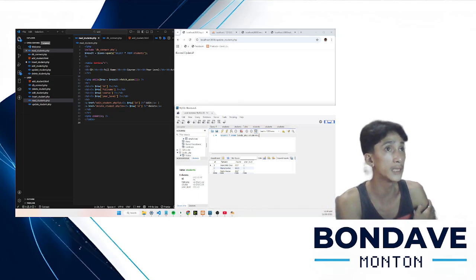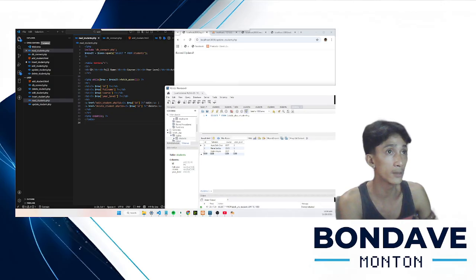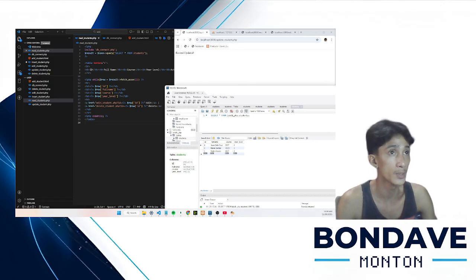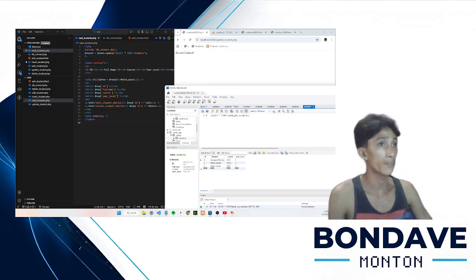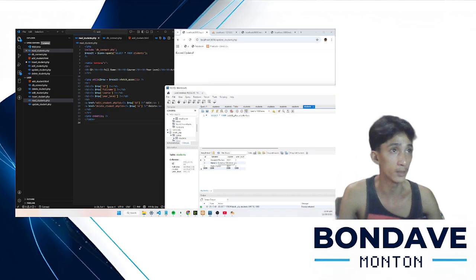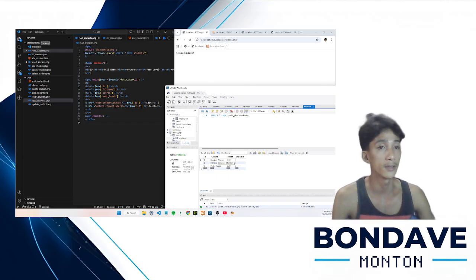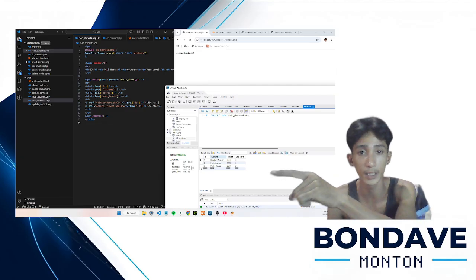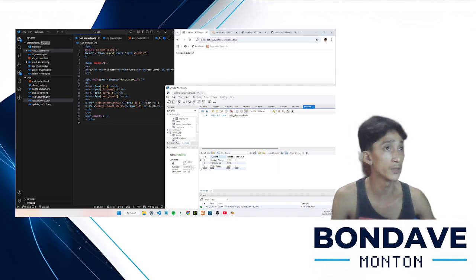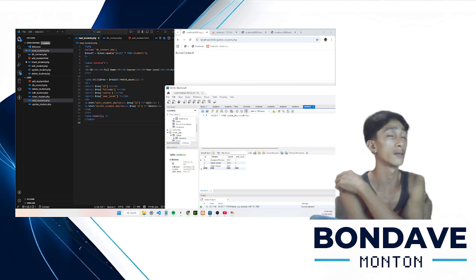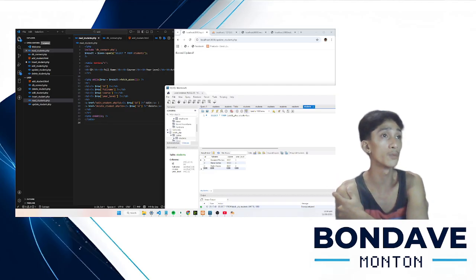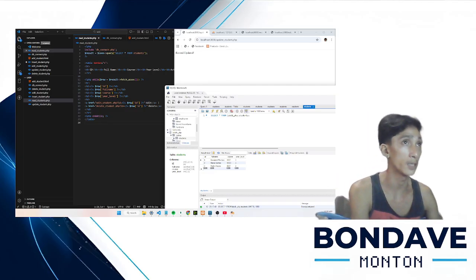We have to look in our database, so it has to refresh. So students. Now on our database it appears right here that Bonnie Monton is updated. It replaces Juan de la Cruz with Bonnie Monton, BSIT 3.